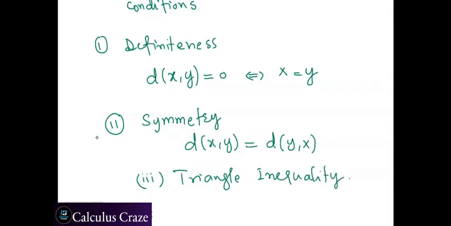This triangle inequality says that the metric between x and y is less than or equal to the metric between x and z plus